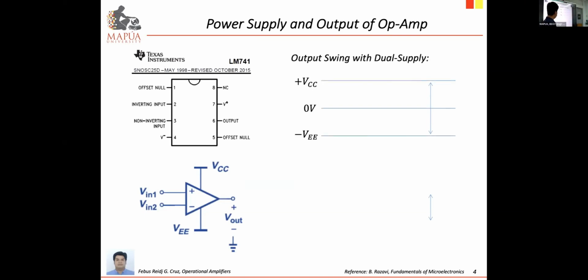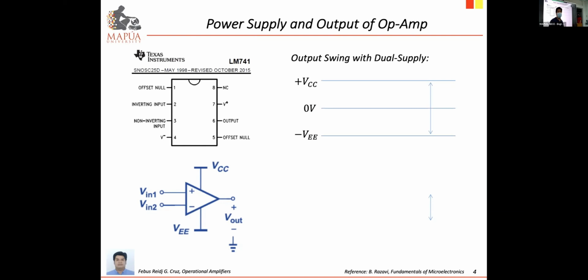If we are using a dual supply, in this case we connected VCC and VEE, and across the output, this is the expected output swing. The voltage across the output, or the V out, ideally can reach up to the positive supply